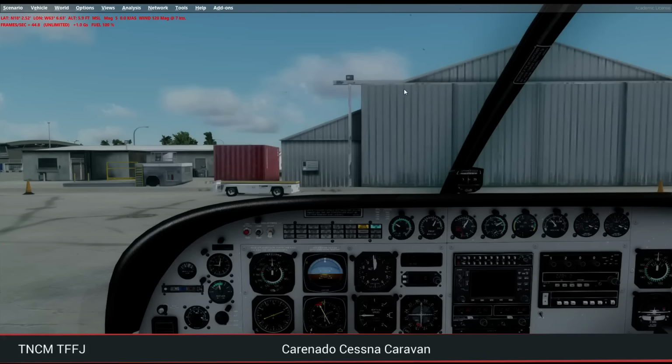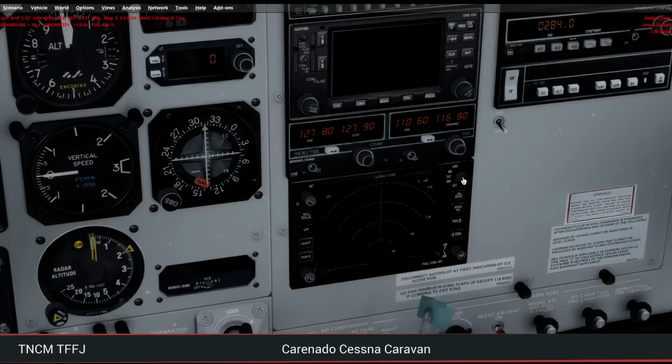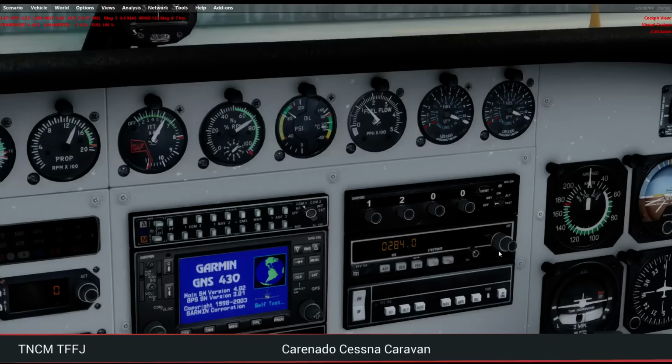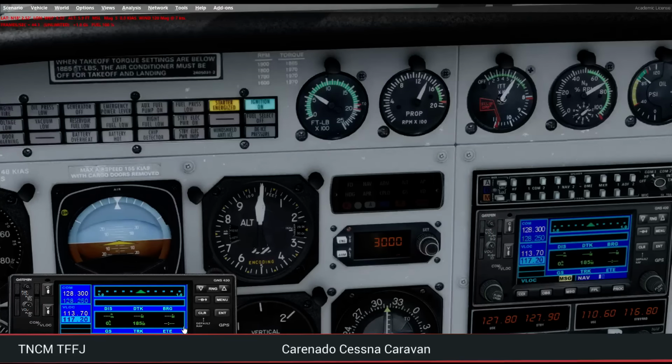Okay, so flaps 1. I'll switch on the avionics first, of course. Set an altitude for him to hold. I'll go with 2,000 or 3,000 feet at first. Okay, direct to